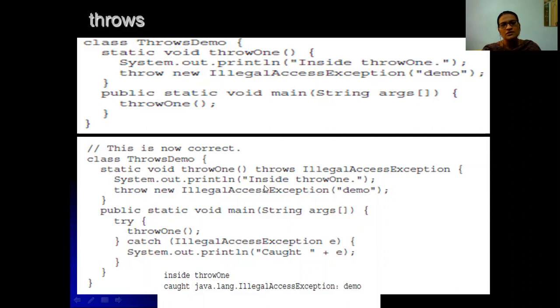Once it throws an illegal exception, we are creating a new exception, and that should be caught by this catch block. So here we are printing "caught" and the illegal exception, and we have given a name for that exception as demo, right?